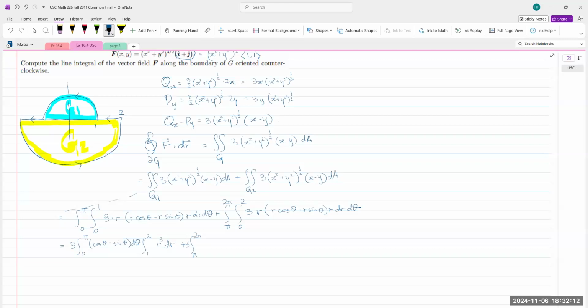The integral from pi to 2 pi of cosine theta minus sine theta d theta, integral from 0 to 2 of r cubed dr. Okay,